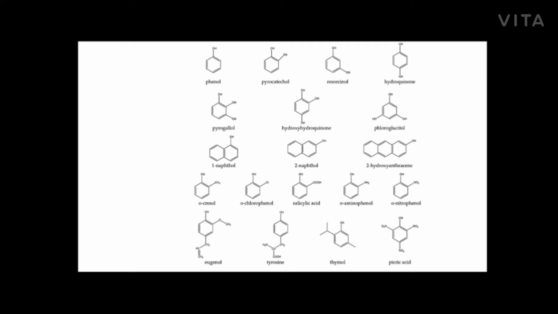So we have a number of other common examples also. You may have a look at this. There is pyrogallol, hydroxyhydroquinone, phloroglucinol, 1-naphthol and 2-naphthol, also known as alpha and beta naphthol respectively. The most common examples are in the last second row, that is orthocresol. Orthocresol is basically toluene with the OH group at the ortho position, and the common name of this is orthocresol. We have orthochlorophenol. The most important is salicylic acid. This is also an example of a phenolic compound. Aminophenol, nitrophenol, and many more examples are there.